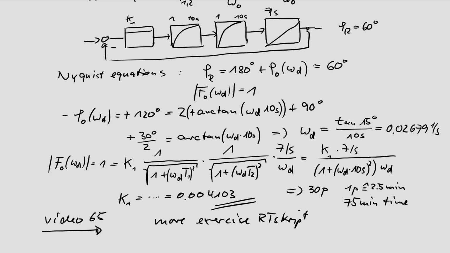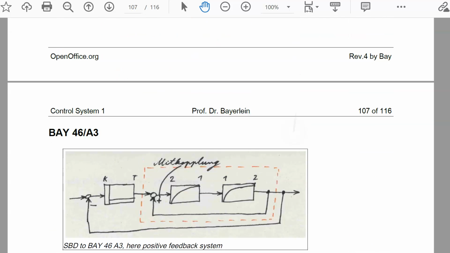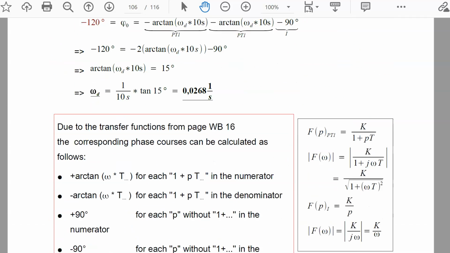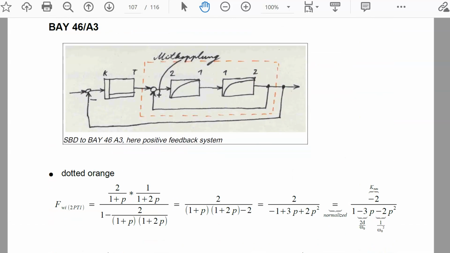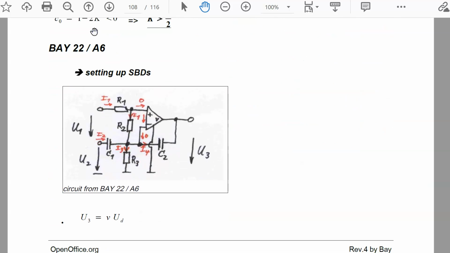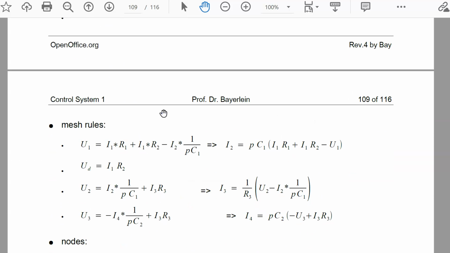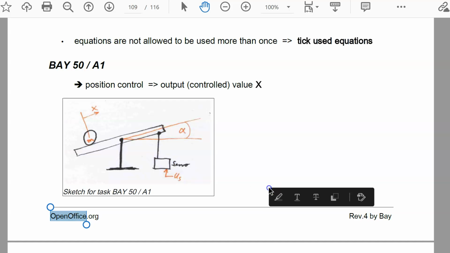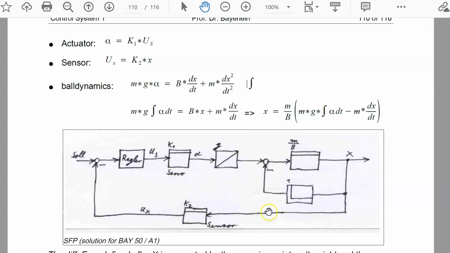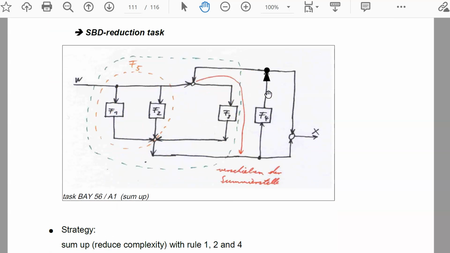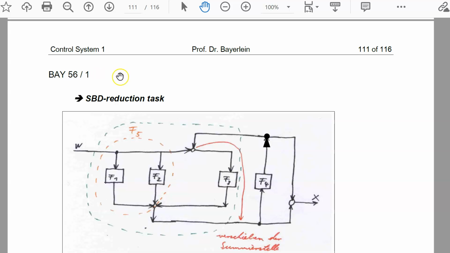If you look into this paper, then you see this task is available, but then there are some other tasks. Okay, just a check. We have, for example, cascaded loop Bay 46A3, then completely calculated in an old examination with a given electronic circuit where the equations are given, and you should set up a signal block diagram. This is one example of solution. Here you have a mechanical system with given equations, and you should set up the signal block diagram. Then you have here a task of reduction,